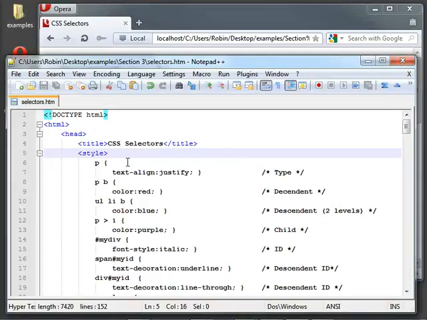And let's look at the first entry here in the style section. Here you can see P and then a rule is applied to it. Now this is known as a type selector. For example, P is the type paragraph. So here what we're saying is that the contents of all paragraphs should be justified. In other words, the right hand edge shouldn't be ragged, it should be nice and neat and a straight line